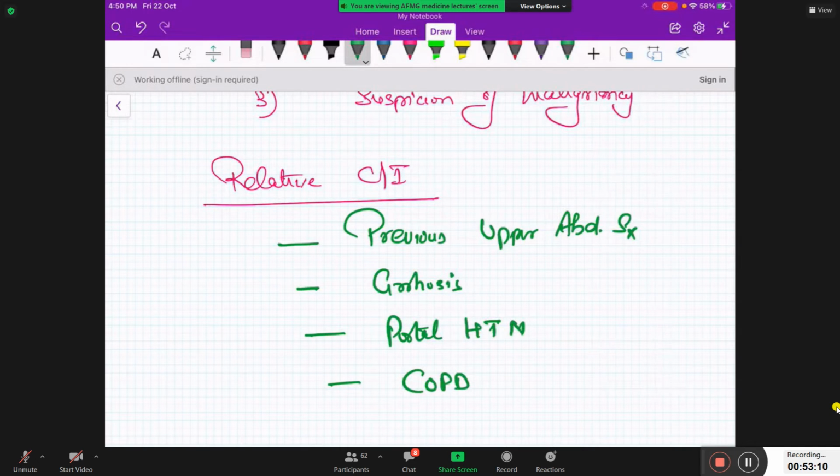These are the relative contraindications for laparoscopic cholecystectomy. Okay, now,